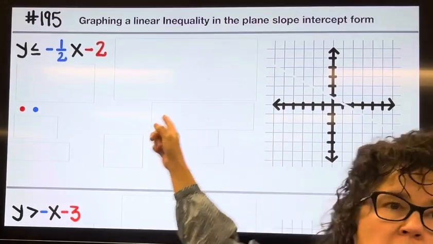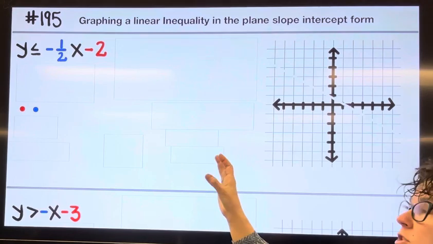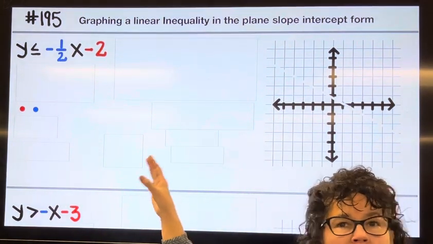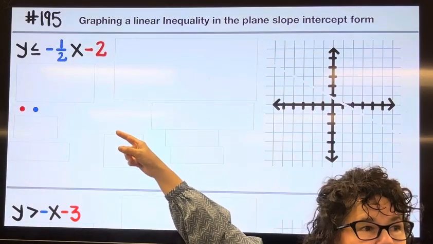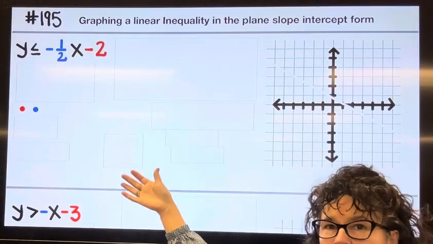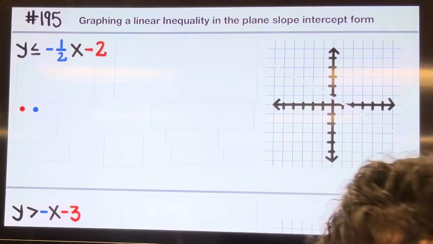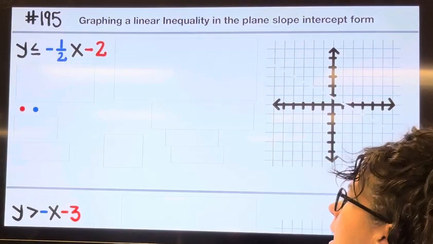When graphing an inequality that's a line, you're going to start off by graphing the line the exact same way as if it was an equal sign, and then we have a couple extra steps. All right, so if we're going to graph the line in general,